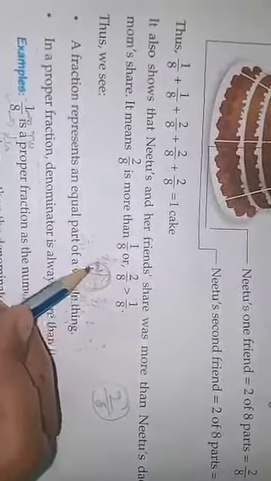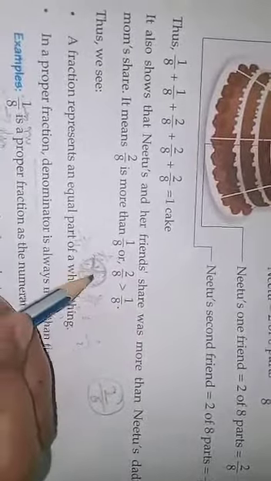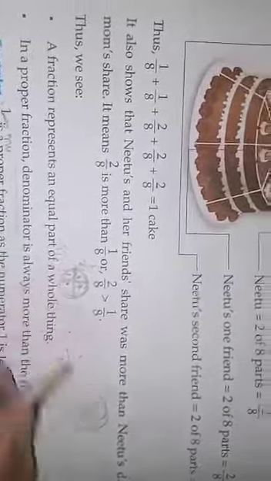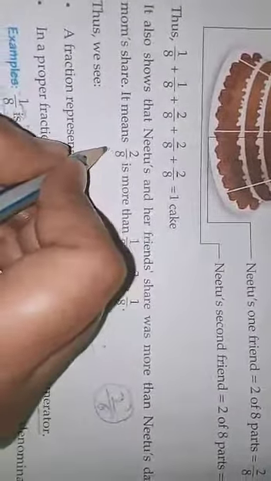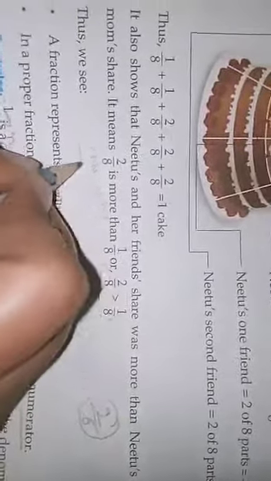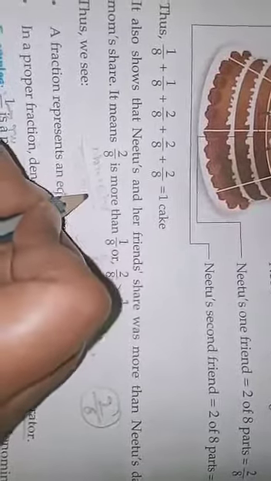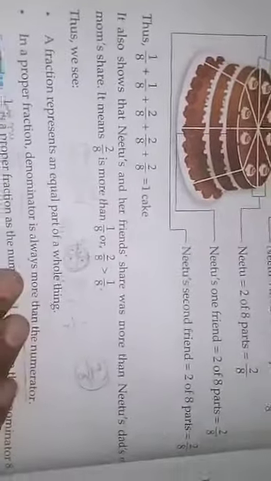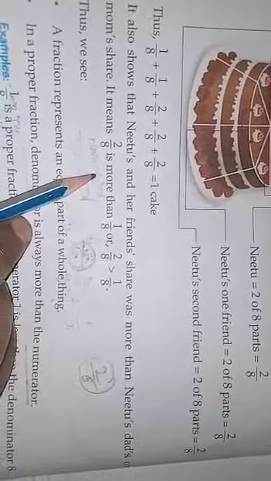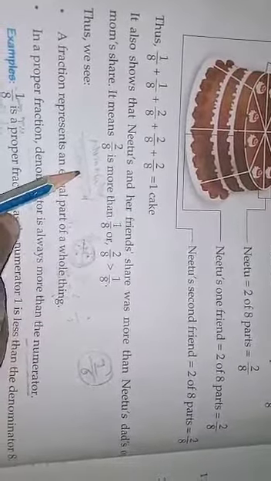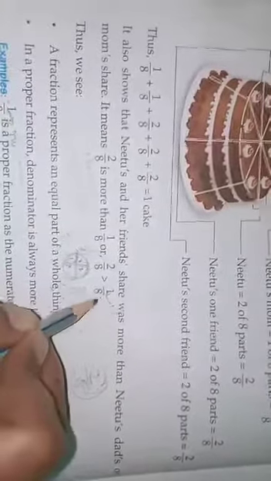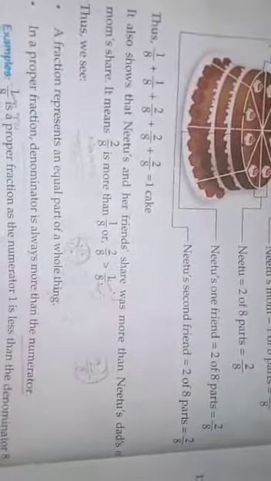Now we are using 2, so 2 upon 4. Now we are using 3, 3 upon 4. We are using 4, so 4 upon 4. So the upside number is always the numerator and the downward number is our denominator. Always the up number is our numerator and the down number is our denominator. See this 1 upon 8: 1 is our numerator and 8 is our denominator.